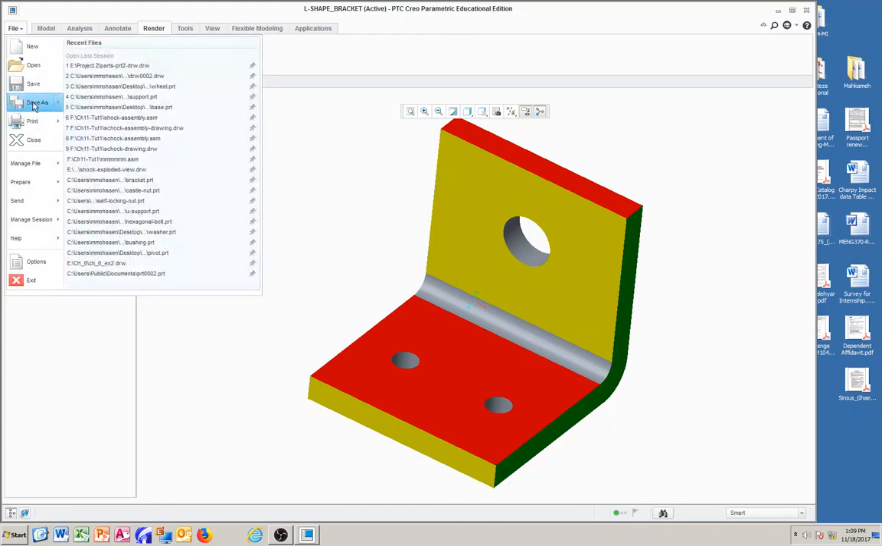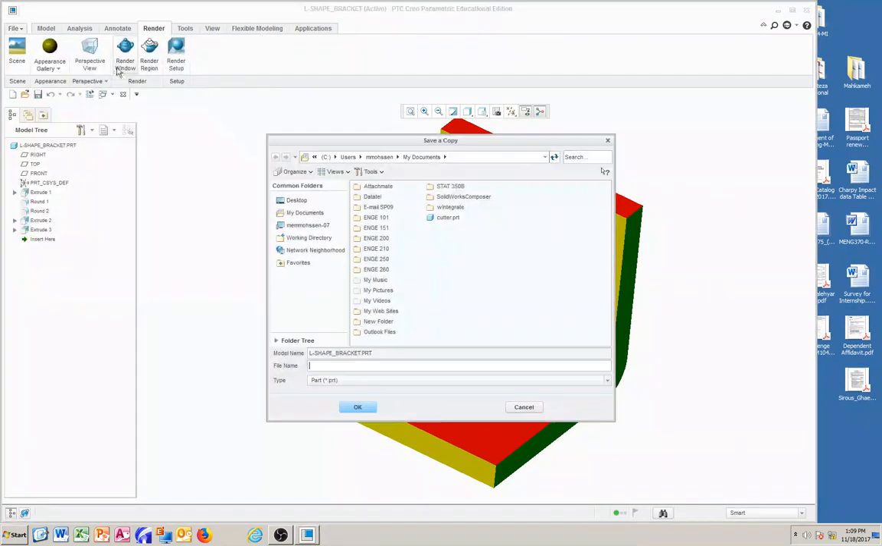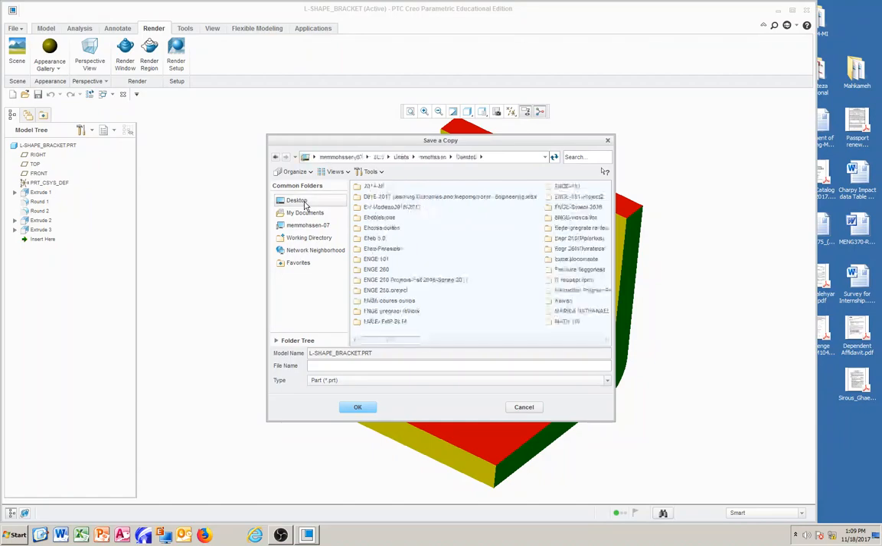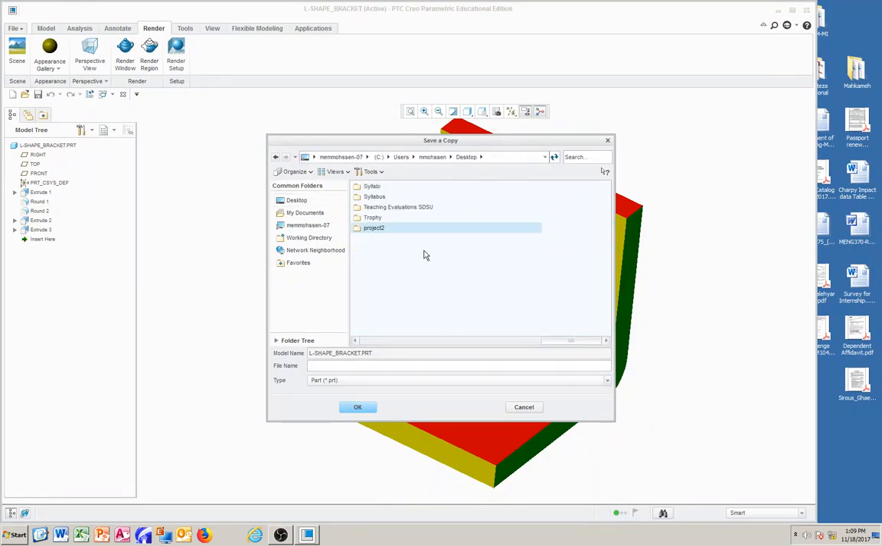Okay, it says save as. Save a copy to, I'm gonna save it to project number 2, and we call it a support. I already have one called support, and I call it L-shaped bracket. Either or, it doesn't make any difference. Okay, so